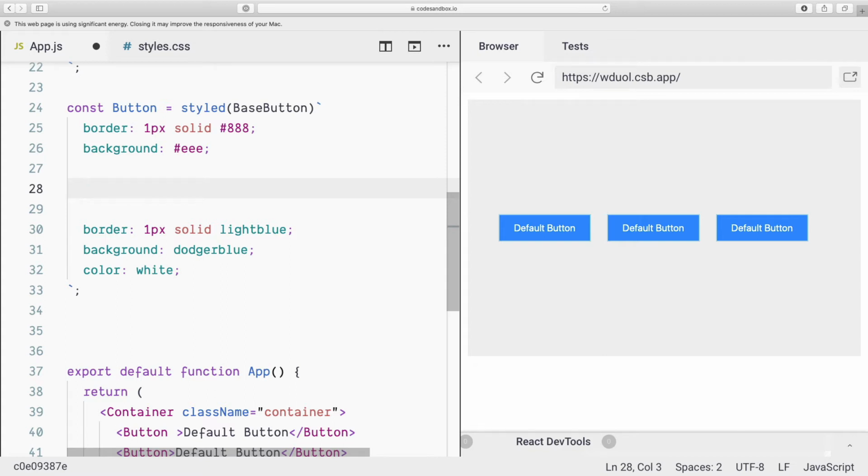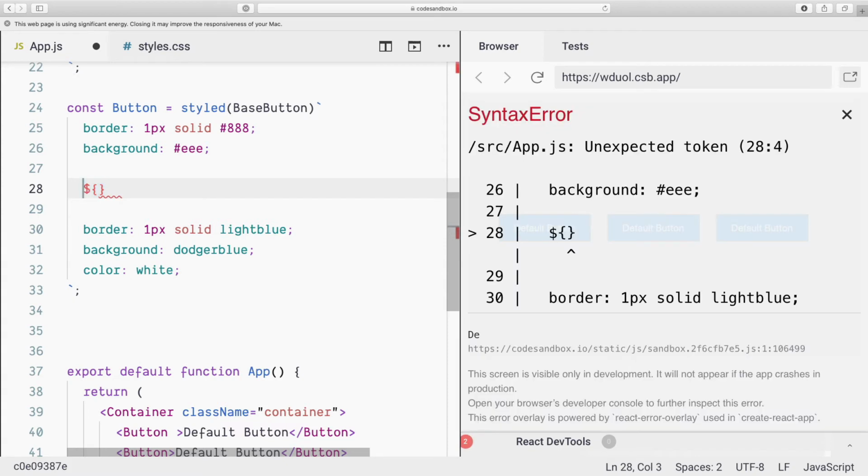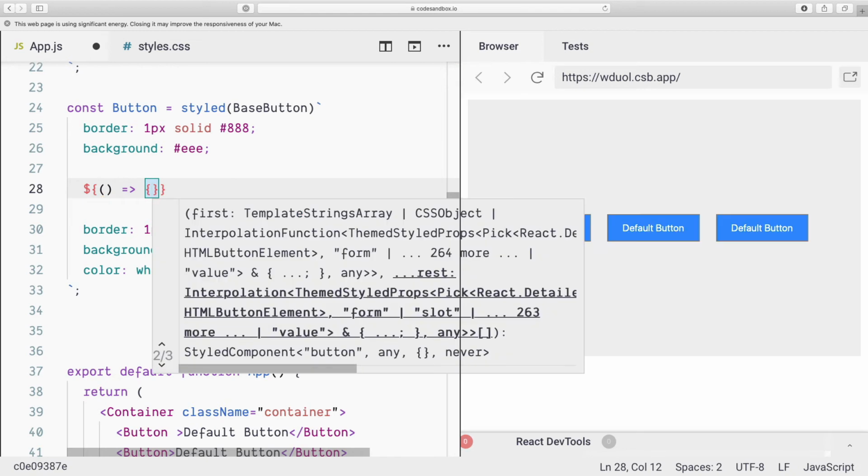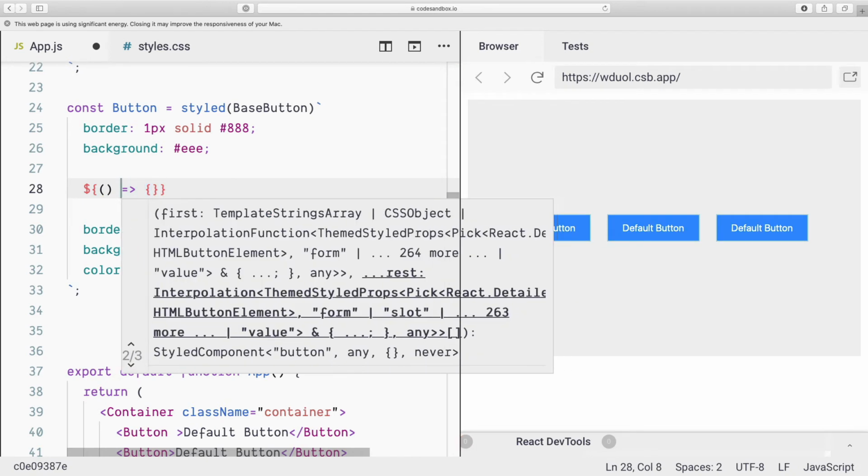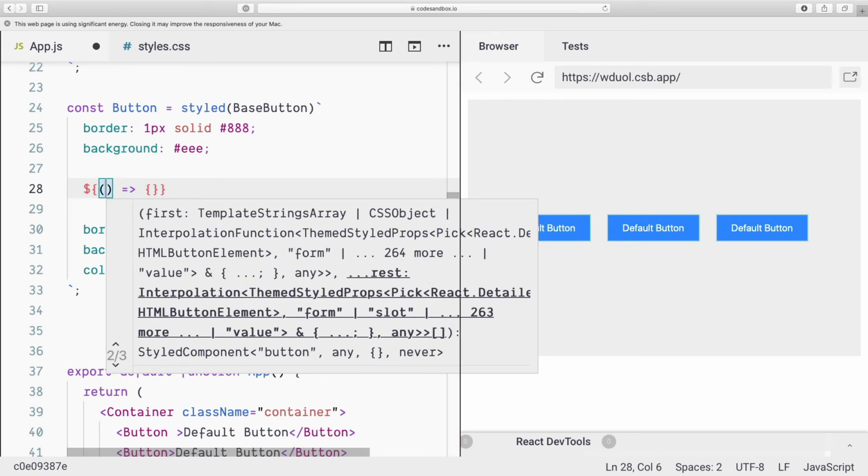In styled components, because this is a template literal, we can pass expressions to a template literal by using the dollar and curly braces expression. So whatever I write within this is evaluated. Styled components does something very nice for us. If in an interpolation like this, we put in a function, we can put in values, numbers, whatever, right? But if we put in a function, that function will be called with props.